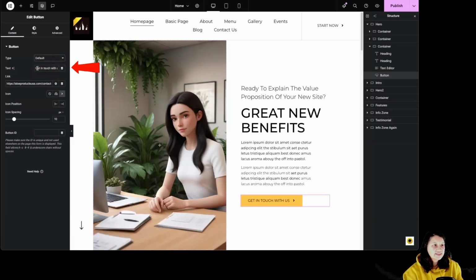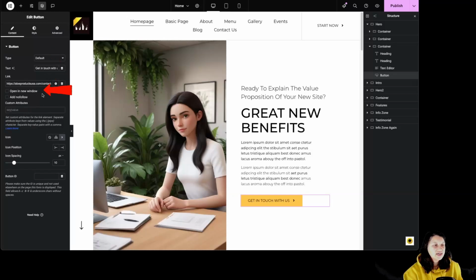We can see the text over here. To customize, get in touch with us, we are going to customize it over here. We can click over here to edit with AI. We have the link over here. By clicking on this icon over here, we then have the setting to open in a new window and to